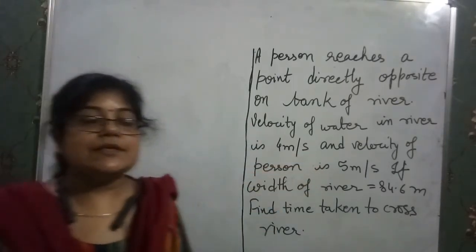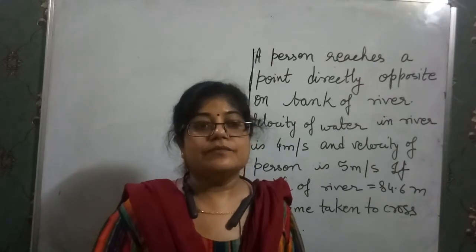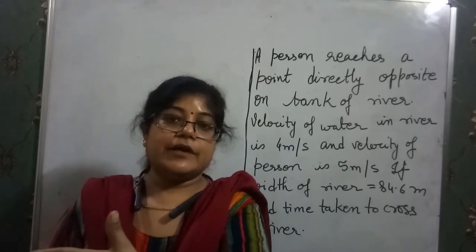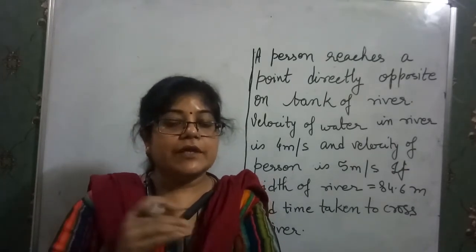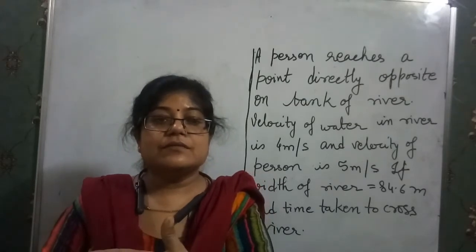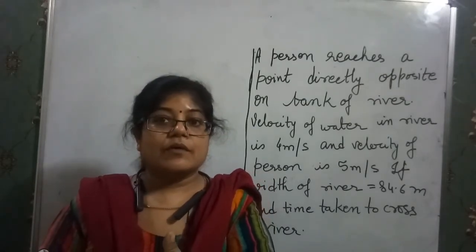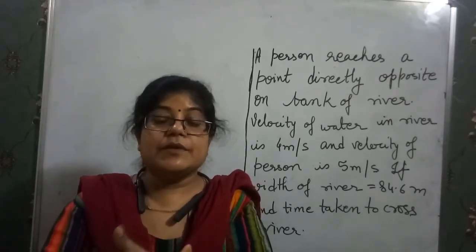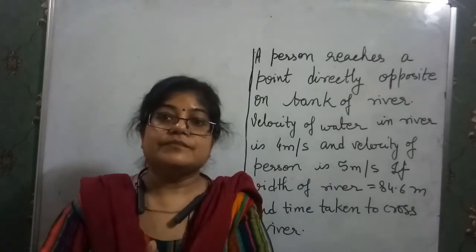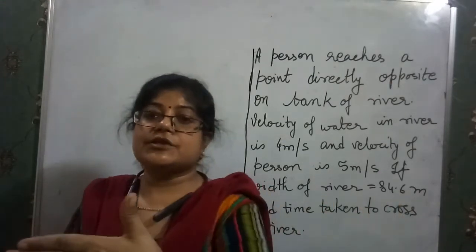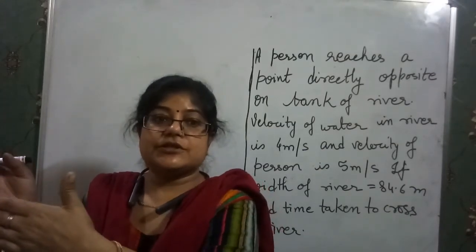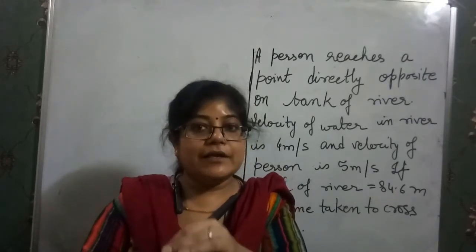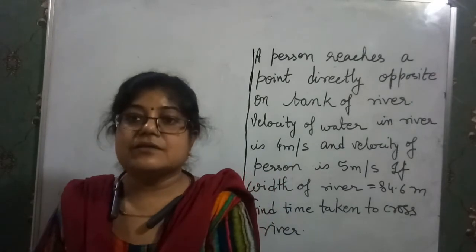I want to clear that concept with one more thing. For example, if a train is going in this direction, to the right, and another train is going to the left, then we feel that the relative velocity becomes more, and the trains cross each other in a very short time. That means the relative velocities add up. When a train is moving to the right and another train is also moving to the right, the relative velocities get subtracted, and it takes a lot of time for one train to cross another.